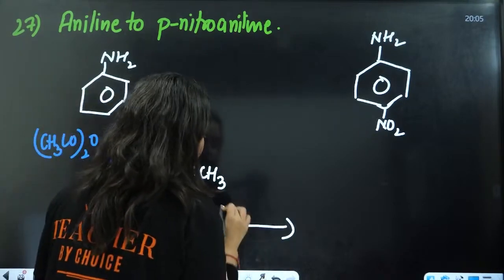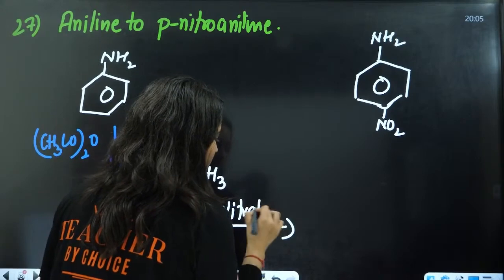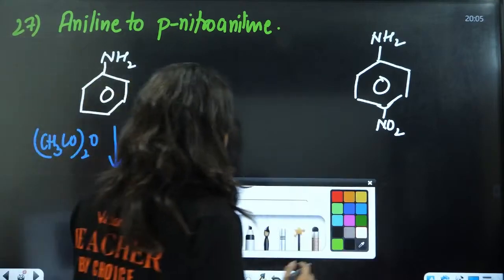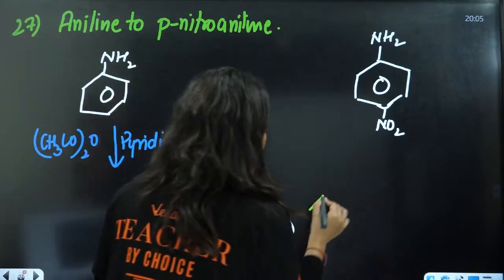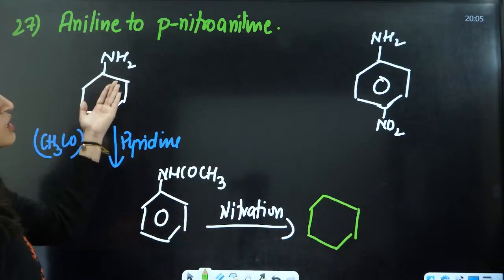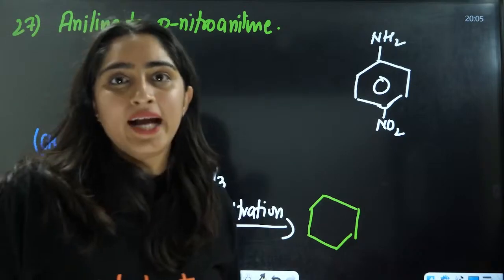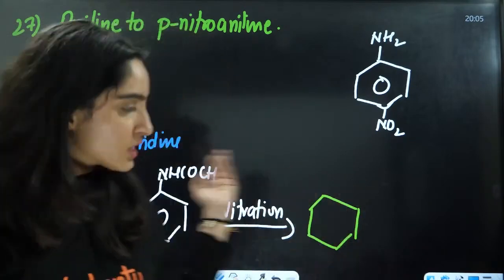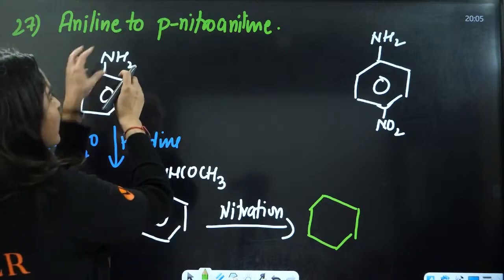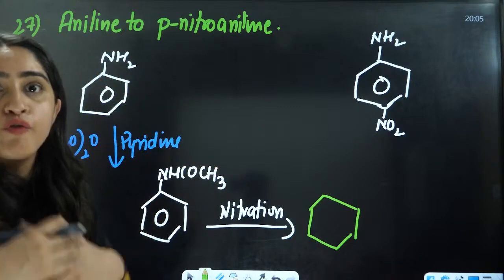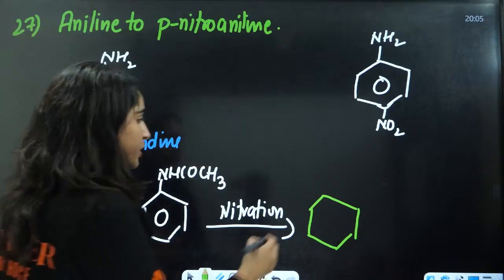After that, do the nitration by adding H2SO4 and HNO3, right? Why is this done? Because otherwise it will form anilinium ion, which is meta directing, and that would form a meta product. So that is why we are doing all these things. We are protecting the para product. We want to make the para product the major product.